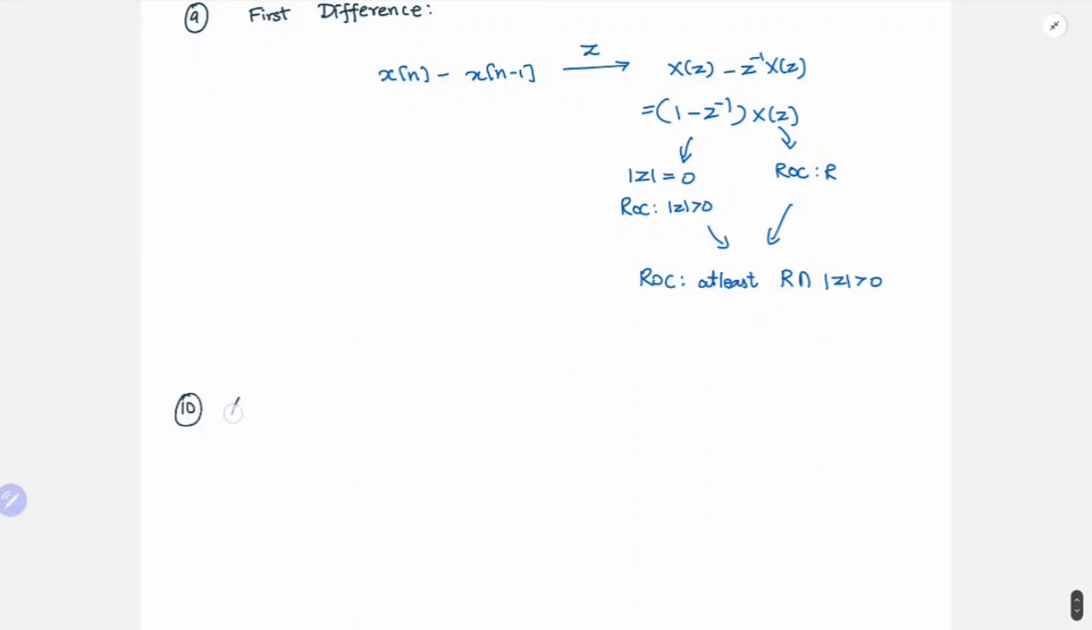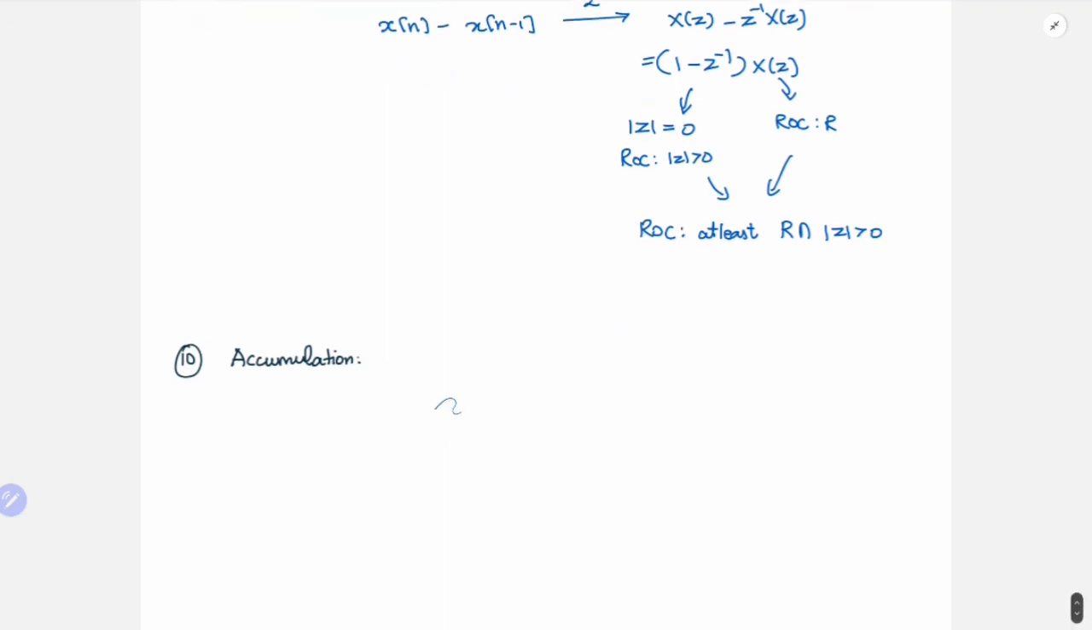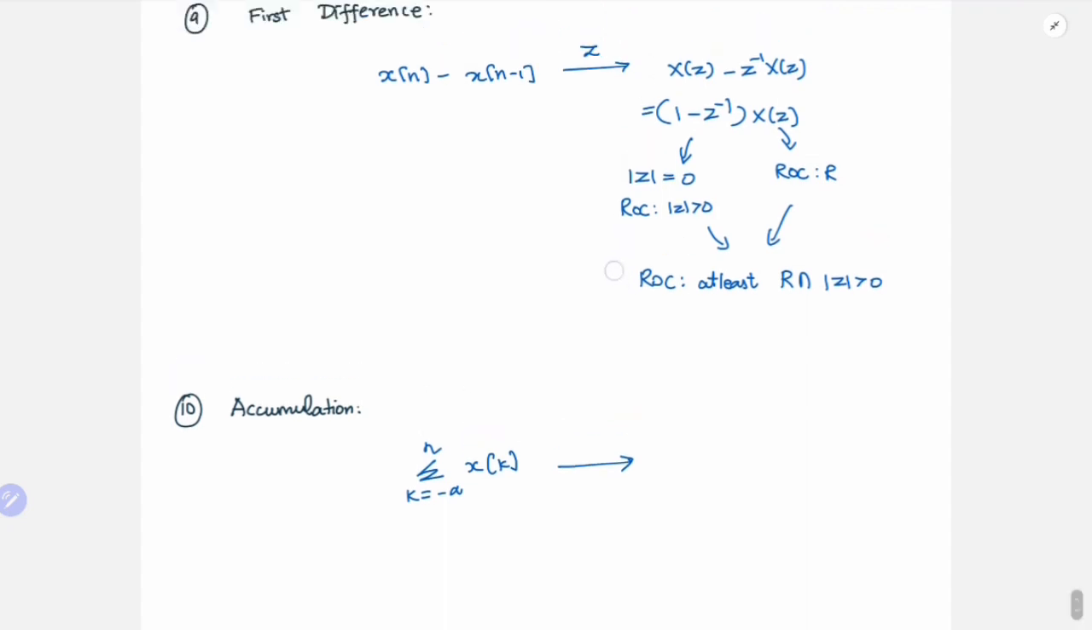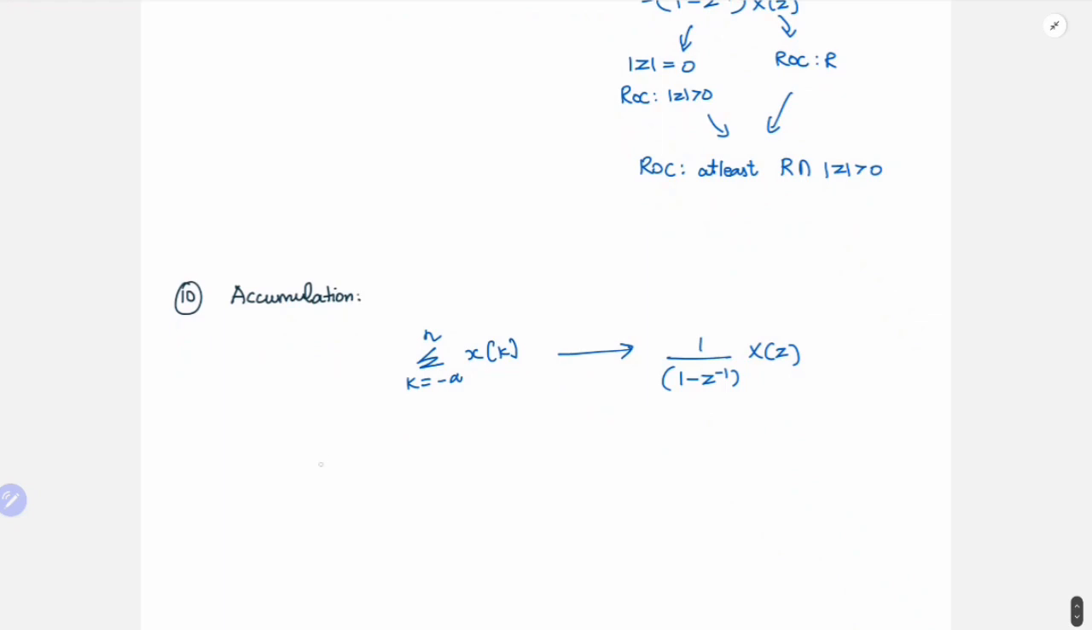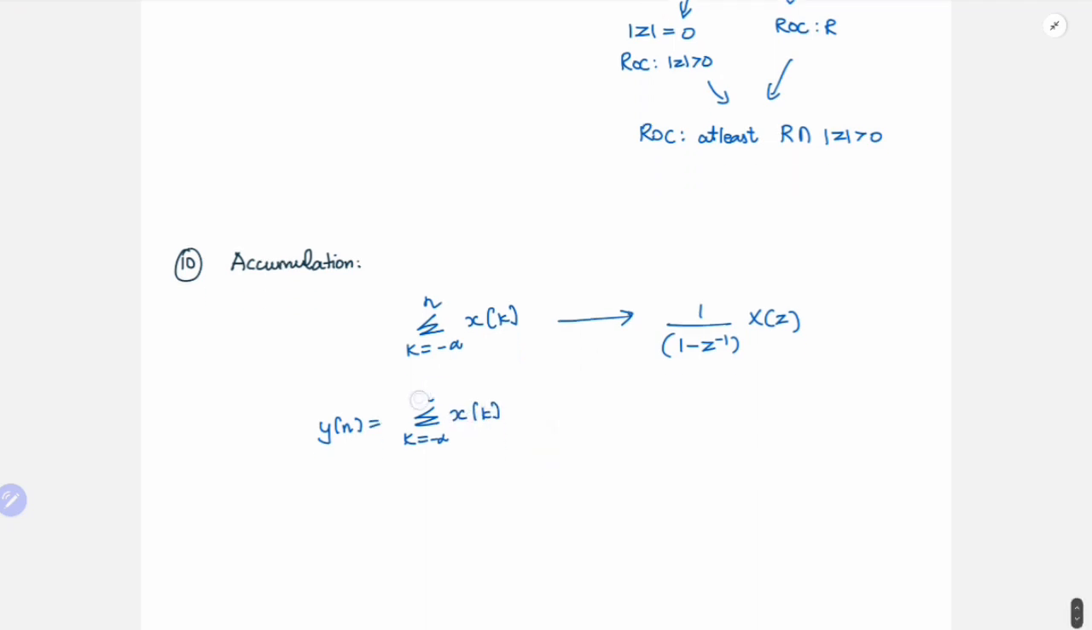So next let us see accumulation. In accumulation, you have summation k equal to minus infinity to n x of k. So how will it transform? It is just the reverse of your first difference, so you can write it as 1 by 1 minus z inverse times x of z. How will you show this? If you have y of n equal to summation k equal to minus infinity to n x of k,